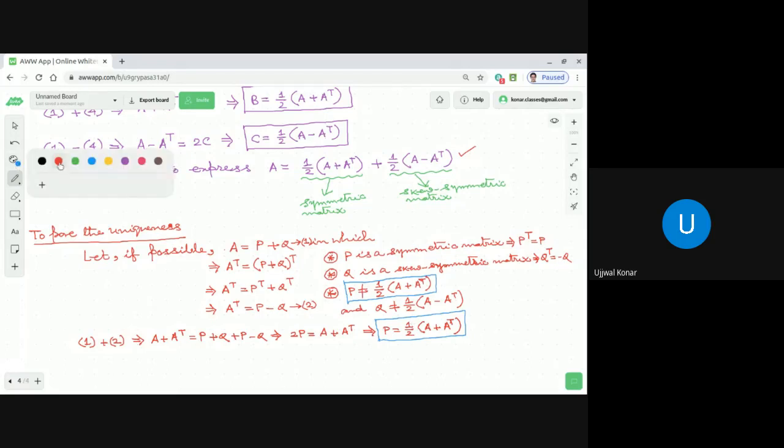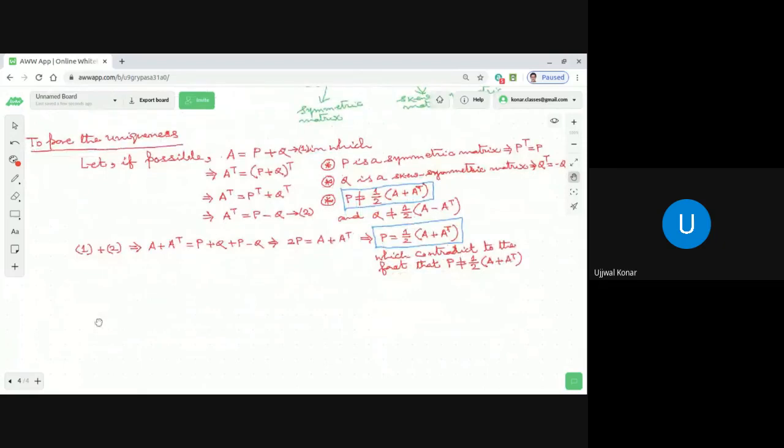So we can write that this contradicts the fact that P is not equal to half of A plus A transpose. So that is a contradiction. That means the uniqueness holds true. No other way can you express A as a sum of two matrices in two different ways, where one is symmetric and one is skew-symmetric. Not possible. In a similar manner,